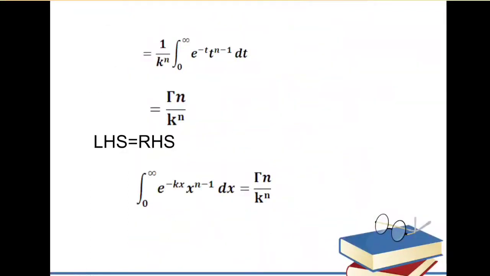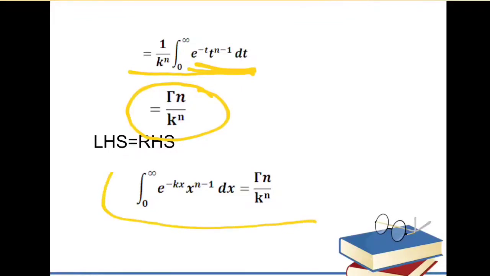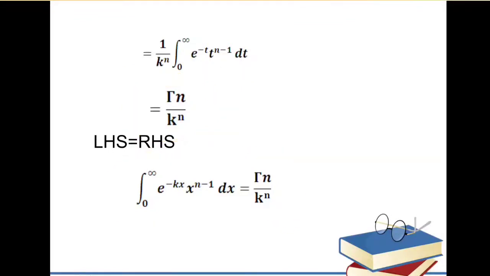Now see here, in the next step we get this type of integration, and in this integral, if we change the variable x by t, it is possible, we directly put t instead of x. So here this is nothing but the definition of gamma of n, that is gamma of n divided by k raised to the power n. This is nothing but the right hand side, hence the proof of our property number 3.